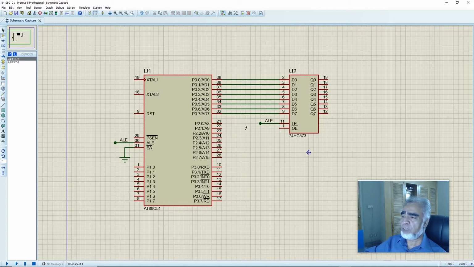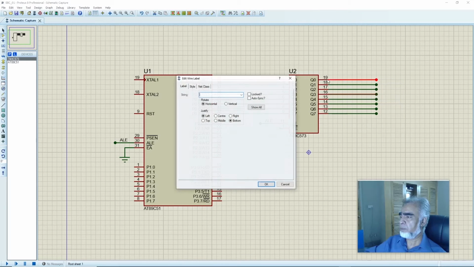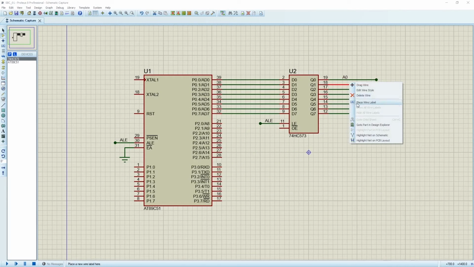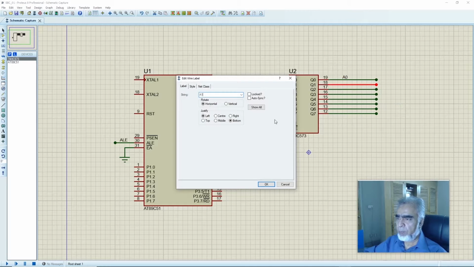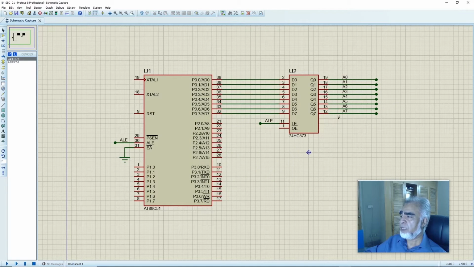And in microprocessor mode, first the device will place the addresses, that is from A0 to A7, on the port, that is from port 0.0 to port 0.7, and will generate a high level pulse on address latch enable to latch the addresses from A0 to A7. And at the output of this latch, we'll have the addresses, that is from A0 to A7. So here we will write A0 to A7. Here we have assigned the 8 labels, from A0 to A7, and pin number 1 of the latch will be connected to the ground.